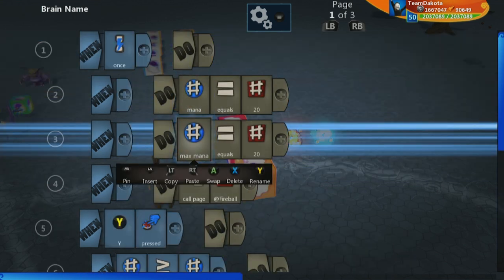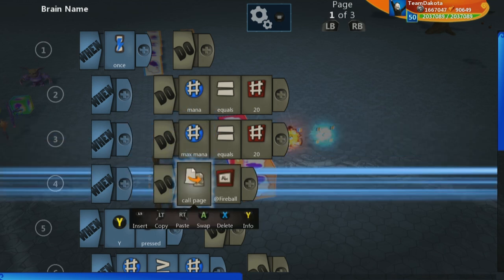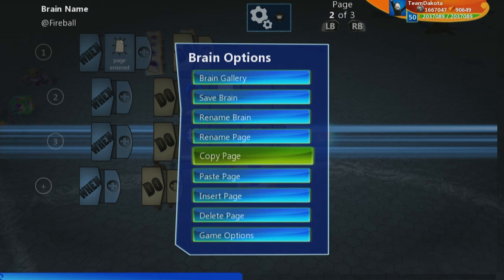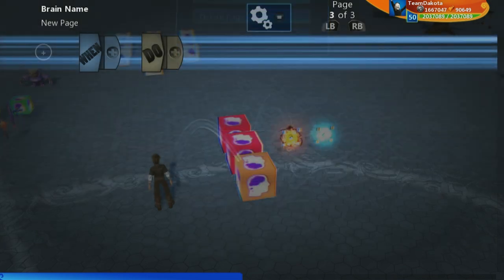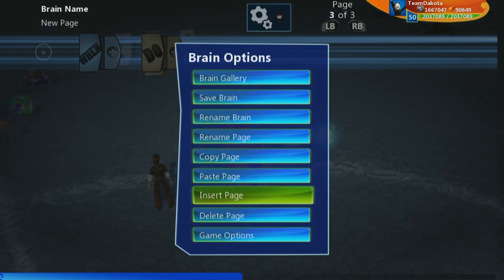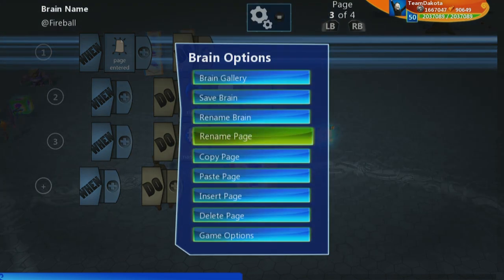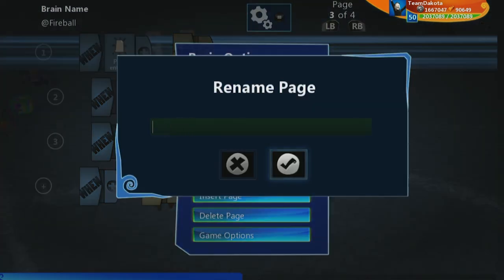So we want to build this new spell in that system, and it's very easy to do. That's kind of why we built it like this to begin with, so we could add more spells to it. So I'm going to just copy this page. I'm going to go to a new page, and let's paste it, excuse me. And let's rename